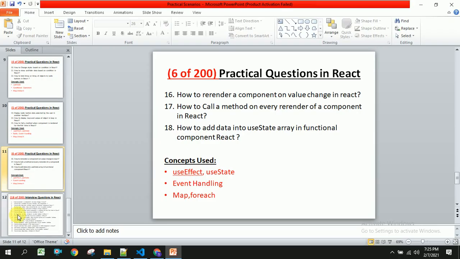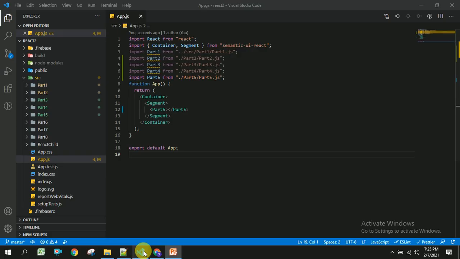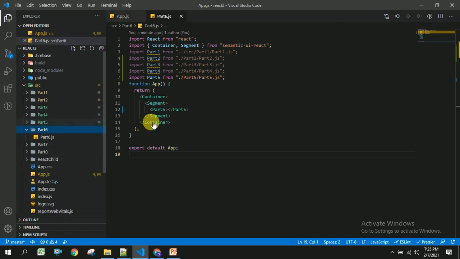We have covered all these questions until now in this series, and for this I have created a project called React 2, and in this I have part 6 where I am going to create a file part6.js. This is a functional component.